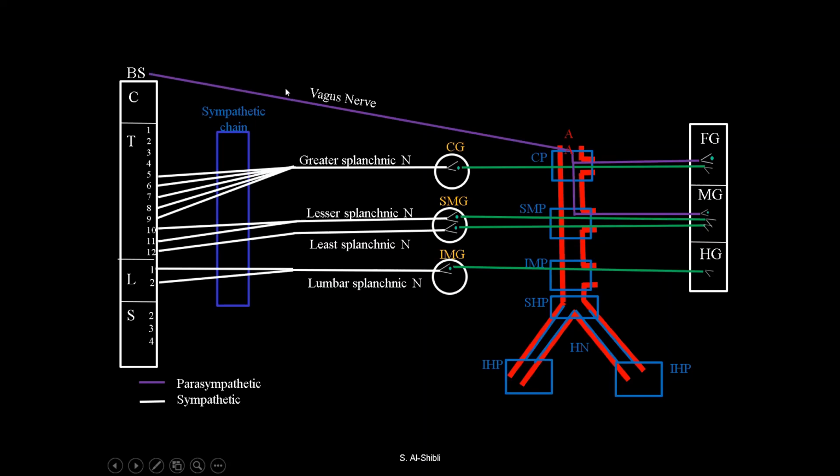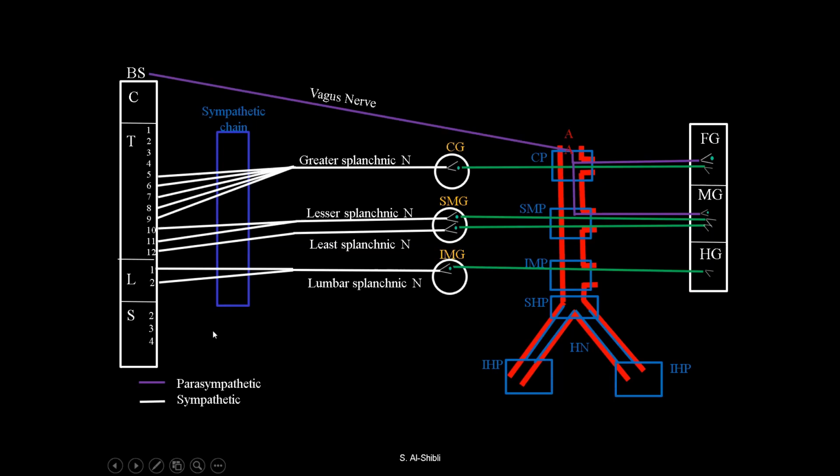It will reach the celiac plexus, and from here it gives the parasympathetic innervation to the foregut, and also transmits the parasympathetic to the midgut, up to the 2/3 of the midgut. As I mentioned, the midgut is included up to the 2/3 of the transverse colon. Then